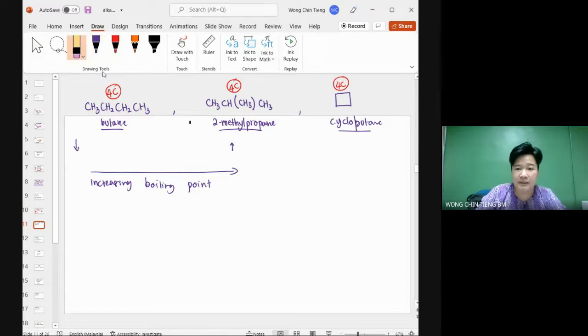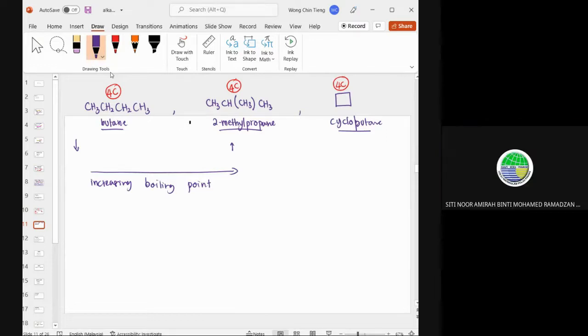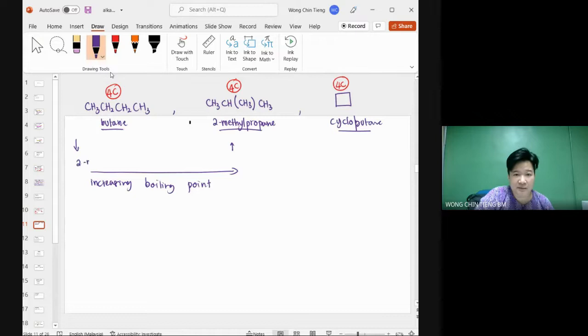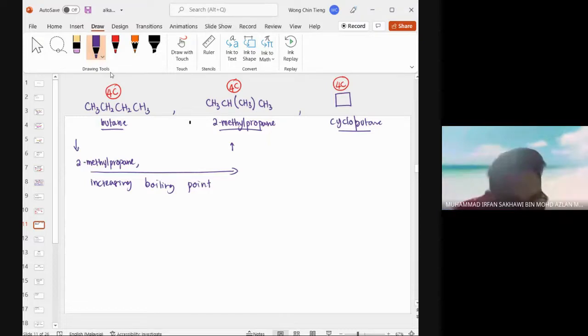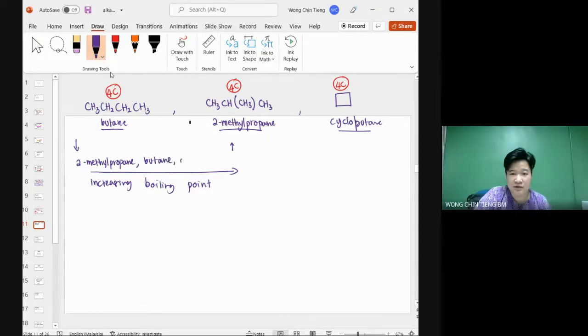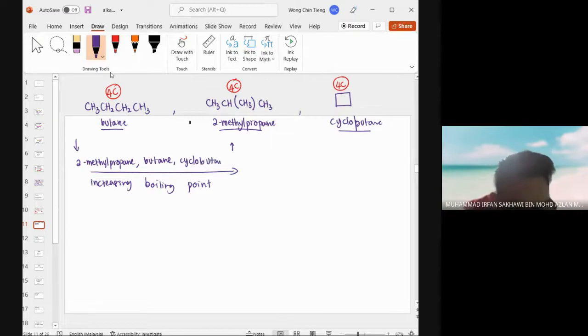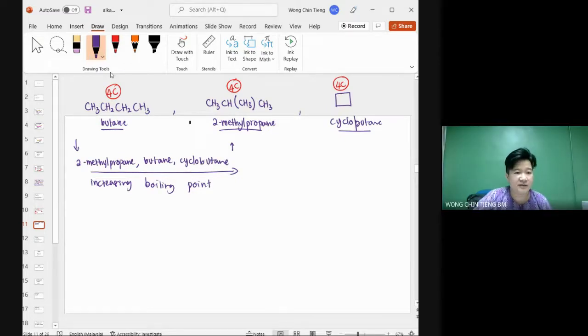So my question, siapa yang rendah di sini? Boiling point siapa yang paling rendah rasa-rasa? 2 methyl propane. 2 methyl propane adalah boiling point paling rendah, followed by butane. Butane. And then last but not least cyclobutane. Betul? Okay, nampak? So, how do we explain? First and foremost, kenapa kita bincang molecular shape? Kenapa faktor ni kita pilih? Because the similar molecular mass, betul? So, bagi tahu dulu,